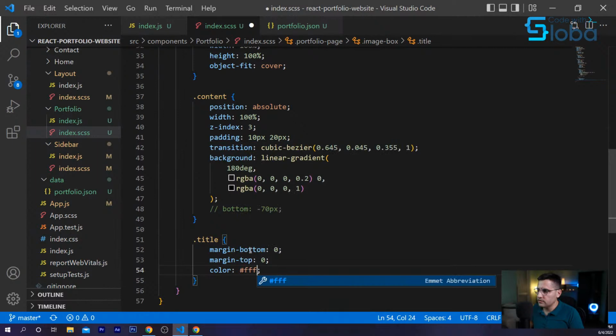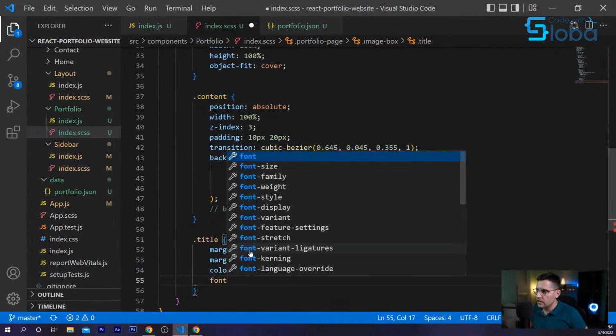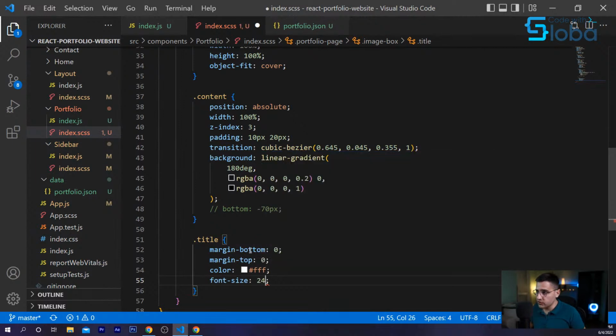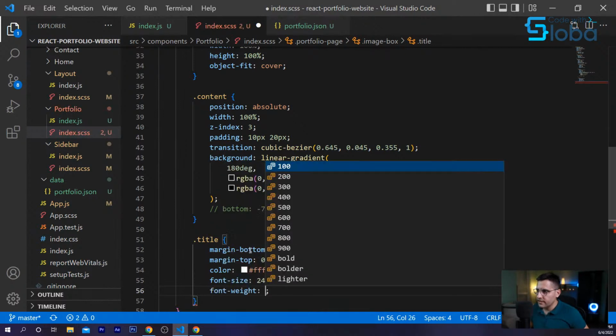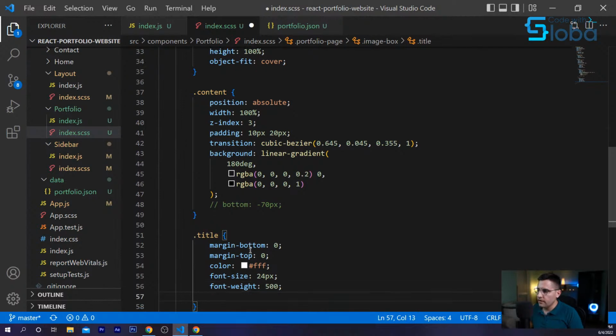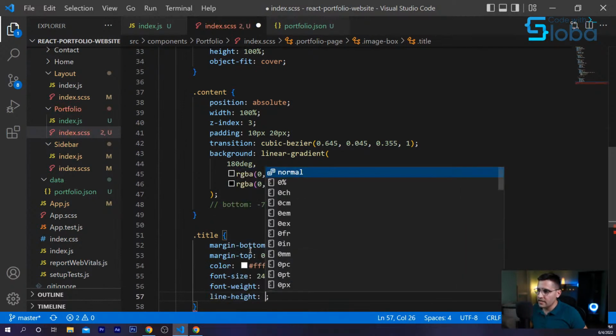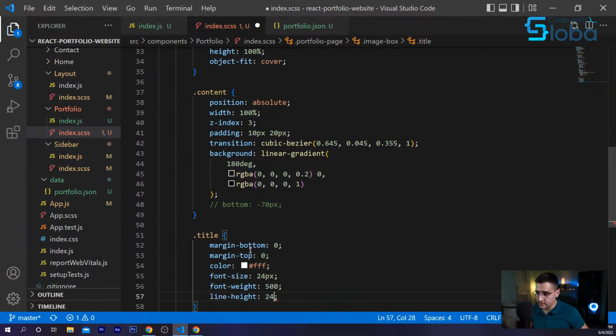Color we want to white for all elements, so it's just FFF. Font size, just to increase it a little bit, so it's 24 pixels. Let's add a little bit bolder text, something in the middle, like 500. And line height needs to be the same as font size. At least that's something I like to do.